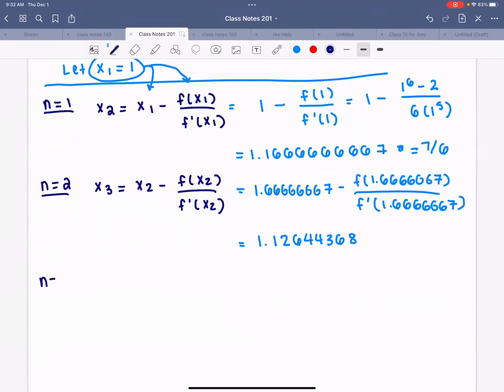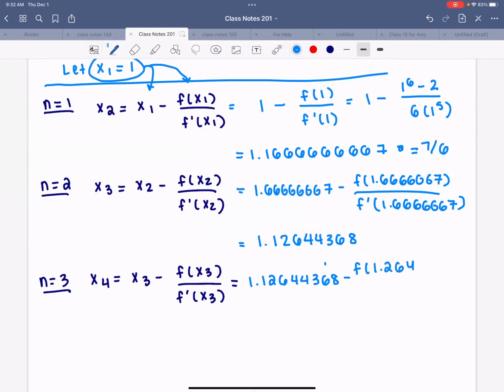All right, n equals 3. Let me set it up one more time so we understand how to set this up. When I plug in 3 to the equation, this becomes x3 minus f of x3 over f prime of x3. Okay. I know that x3 is 1.12644368. So if you would like to, you can write this out, and you can do this in your calculator if you would so like to. But I actually cheated and looked at the textbook. x4 is equal to